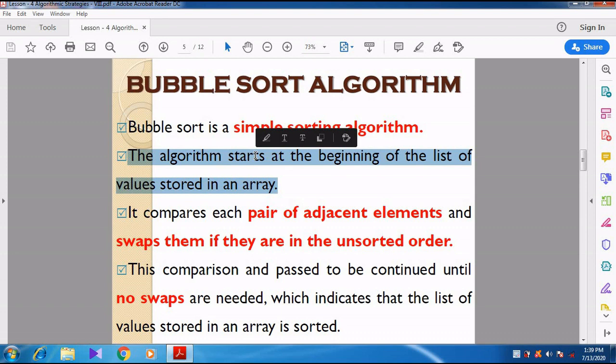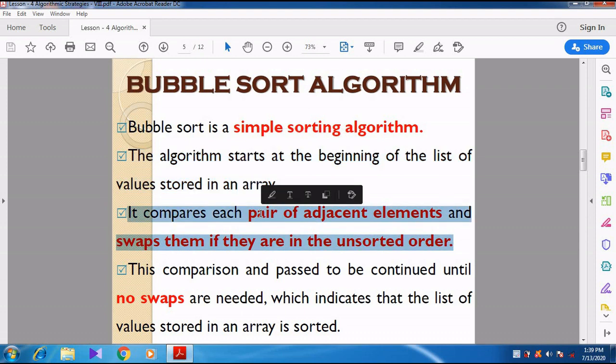It starts from the first element in the list, compares each pair of adjacent elements, and swaps them if they are in unsorted order. So the bubble sort algorithm compares the first element in the list with the second element. It compares pairs of adjacent elements.